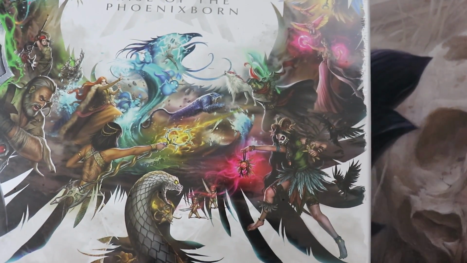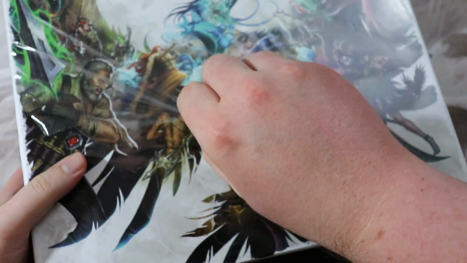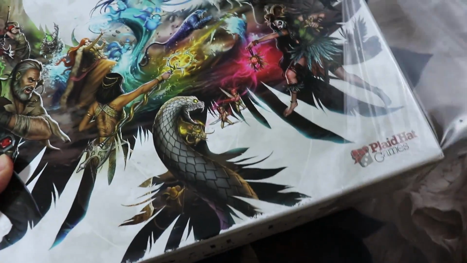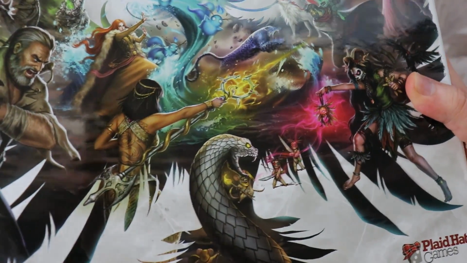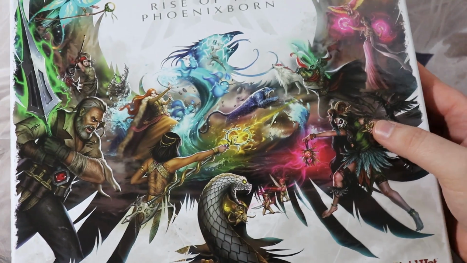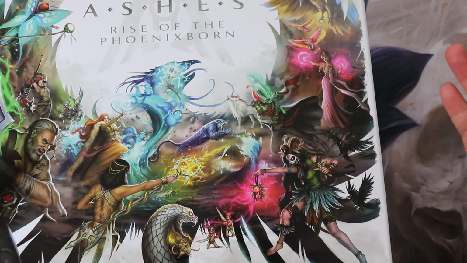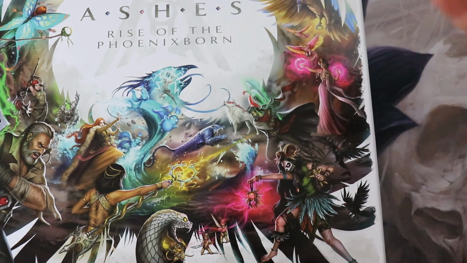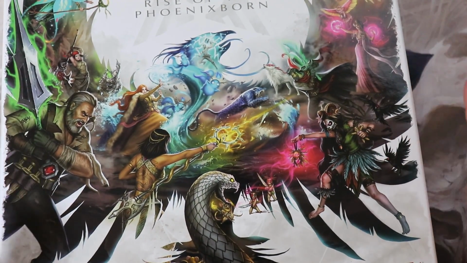And I also want to mention, while I open this up, that ooh, that was a heavy fall. Everything in this video, if it's not on sale currently, they will be reprinting all of it with updated rules for the Ashes Reborn campaign. Or I'm not sure if the game is just going to be called Ashes Reborn or Ashes Rise of the Phoenixborn, Ashes Reborn. I'm not exactly sure on the branding, but